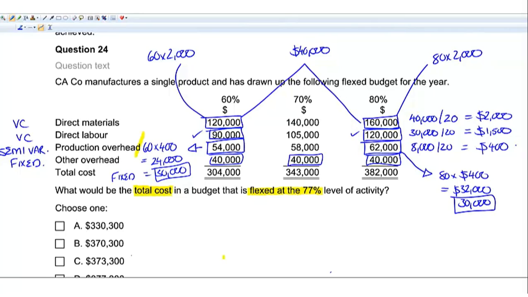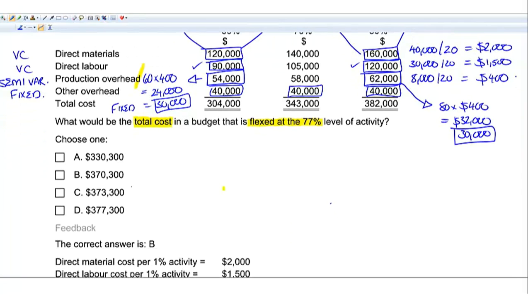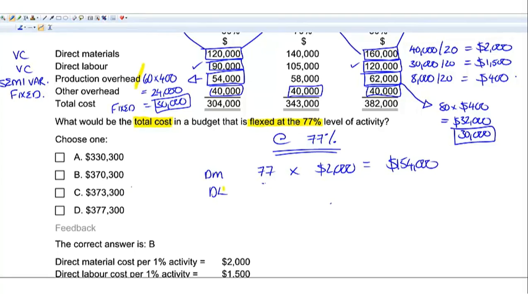Okay, now that we've identified the cost behaviour for each item of cost for the company, we can now flex the budget at a 77% level. So for direct materials, we would take our 77 times the unit cost of 2,000, which would give us a total direct material cost of 154,000. For direct labour, if we take the 77 times the variable cost of 1,500 per unit, we would have a direct labour cost flexed to